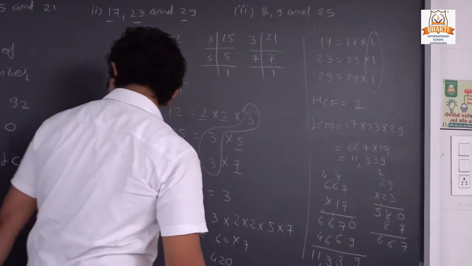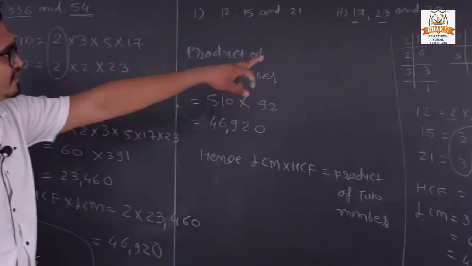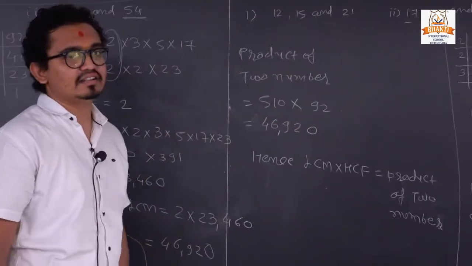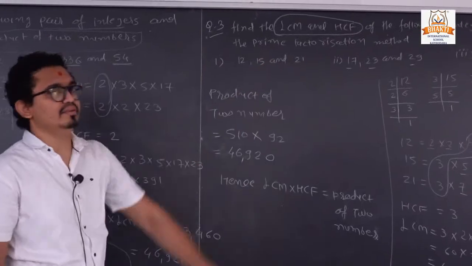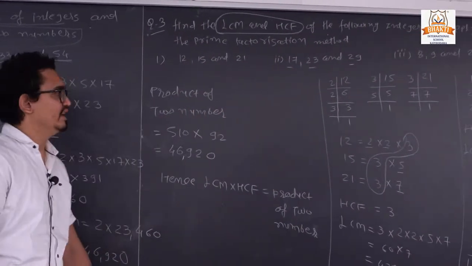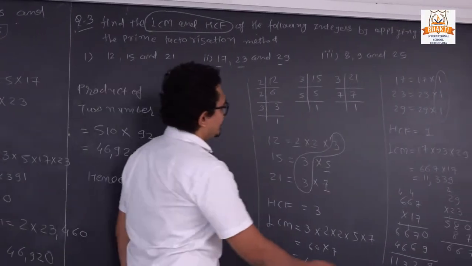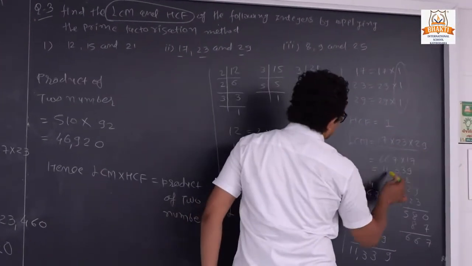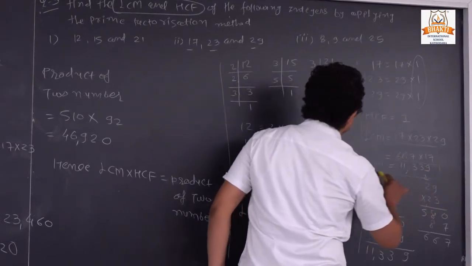11,339. So in that case you can see that first of all these three are prime numbers. So if we have all prime numbers, the HCF of those prime numbers is always 1. And if you need to find its LCM, you can multiply all these 3 numbers, so you can find its answer. And see the last question,